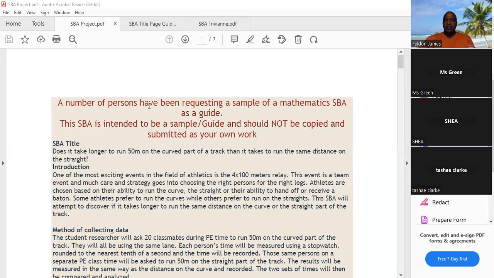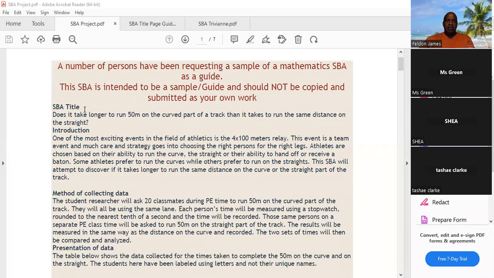A number of persons have been requesting a sample of a mathematics SBA as a guide. This SBA is intended to be a sample guide and should not be copied and submitted as your own work. Now, the title